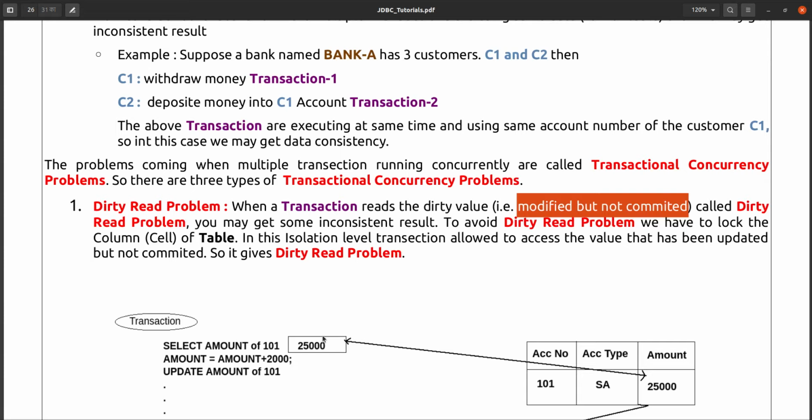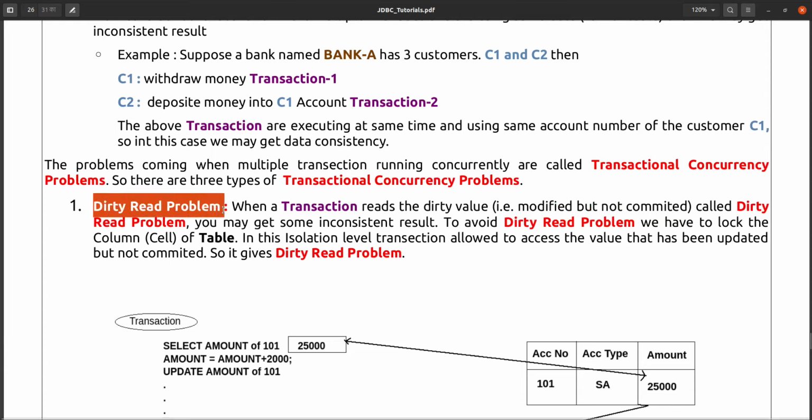Some mathematical operation, like subtraction, multiplication, division or addition, has happened, and the data is just reflected in the database but not committed. That may be rolled back. If it is rolled back, then the value may be different. So this problem is called the dirty read problem.